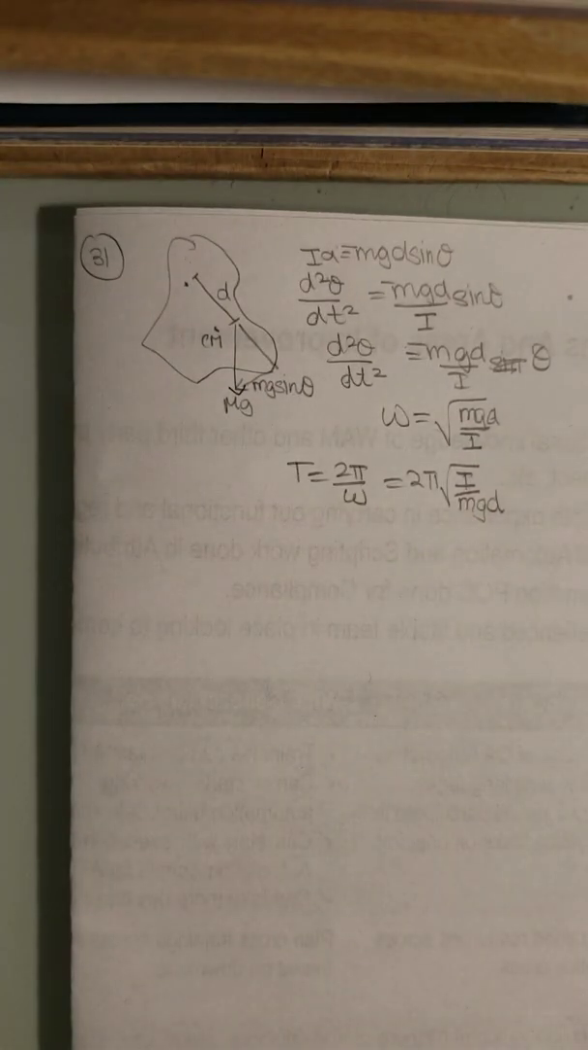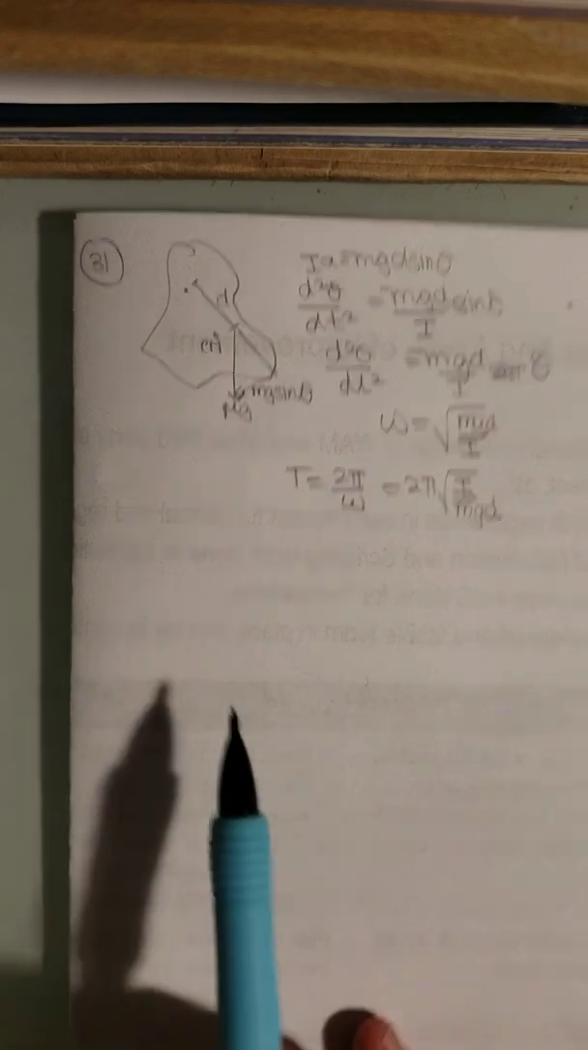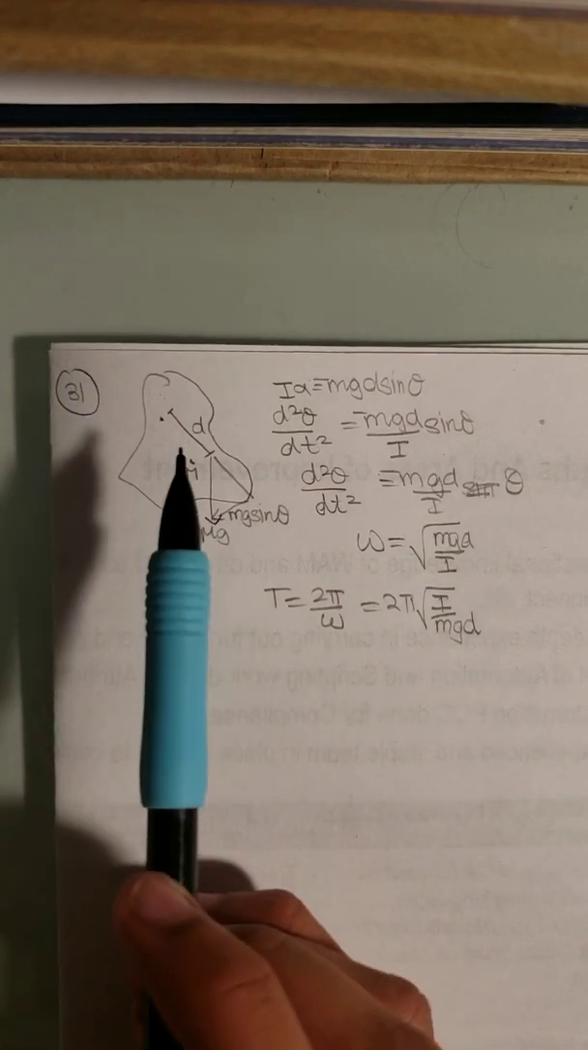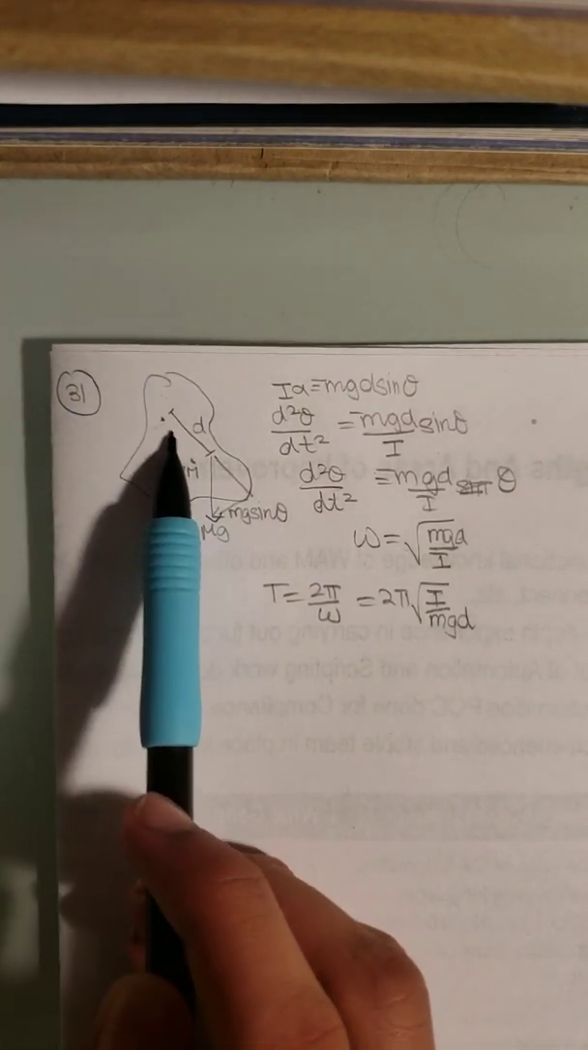Okay, I'm doing problem number 31 from chapter 15. It basically says that we have a physical pendulum and you're rotating it about a point that's not its center of mass, which is the only way you can rotate it. So you have this point D,